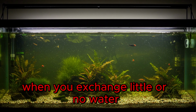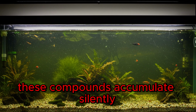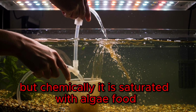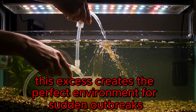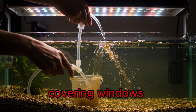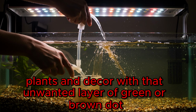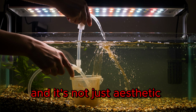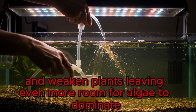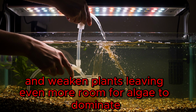When you exchange little or no water, these compounds accumulate silently. The water may even look clean to the naked eye, but chemically, it is saturated with algae food. This excess creates the perfect environment for sudden outbreaks, covering windows, plants, and decor with that unwanted layer of green or brown dots. And it's not just aesthetic. High levels of nitrates and phosphates also harm fish health and weaken plants, leaving even more room for algae to